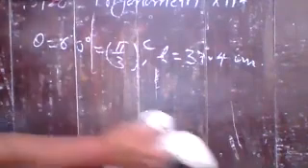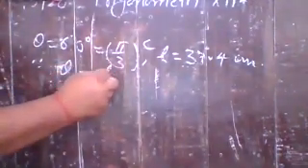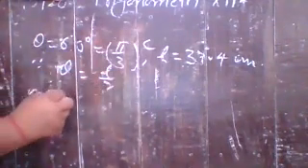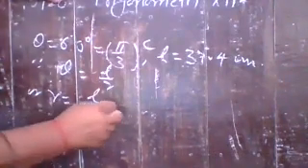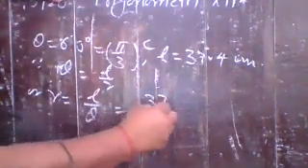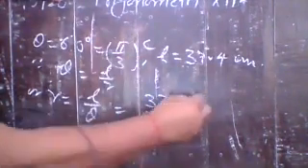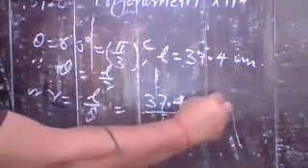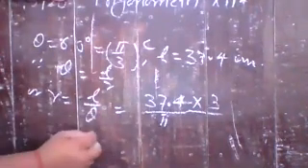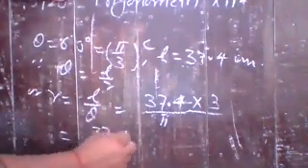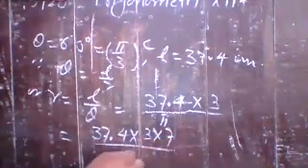Yes. So applying formula. You know it. Theta is equal to L upon R. So R is equal to L upon theta. So that is equal to 37.4 upon the value of theta, pi upon 3. So that 3 is in the numerator. Now putting the value of pi. So 37.4 into 3 into 7 whole divided by 22.